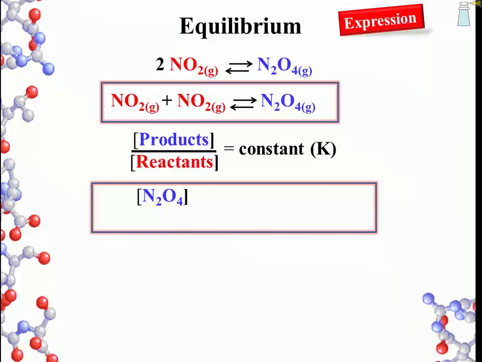The next part of the expression deals with the concentration of the reactants. Do we use one of the NO2s or both of them? The denominator of the ratio has a concentration of all the reactants. Write out NO2 in concentration brackets for the first NO2 and for the second NO2. If this reaction is at equilibrium, then the concentration of the participants are constant, and the ratio is equal to